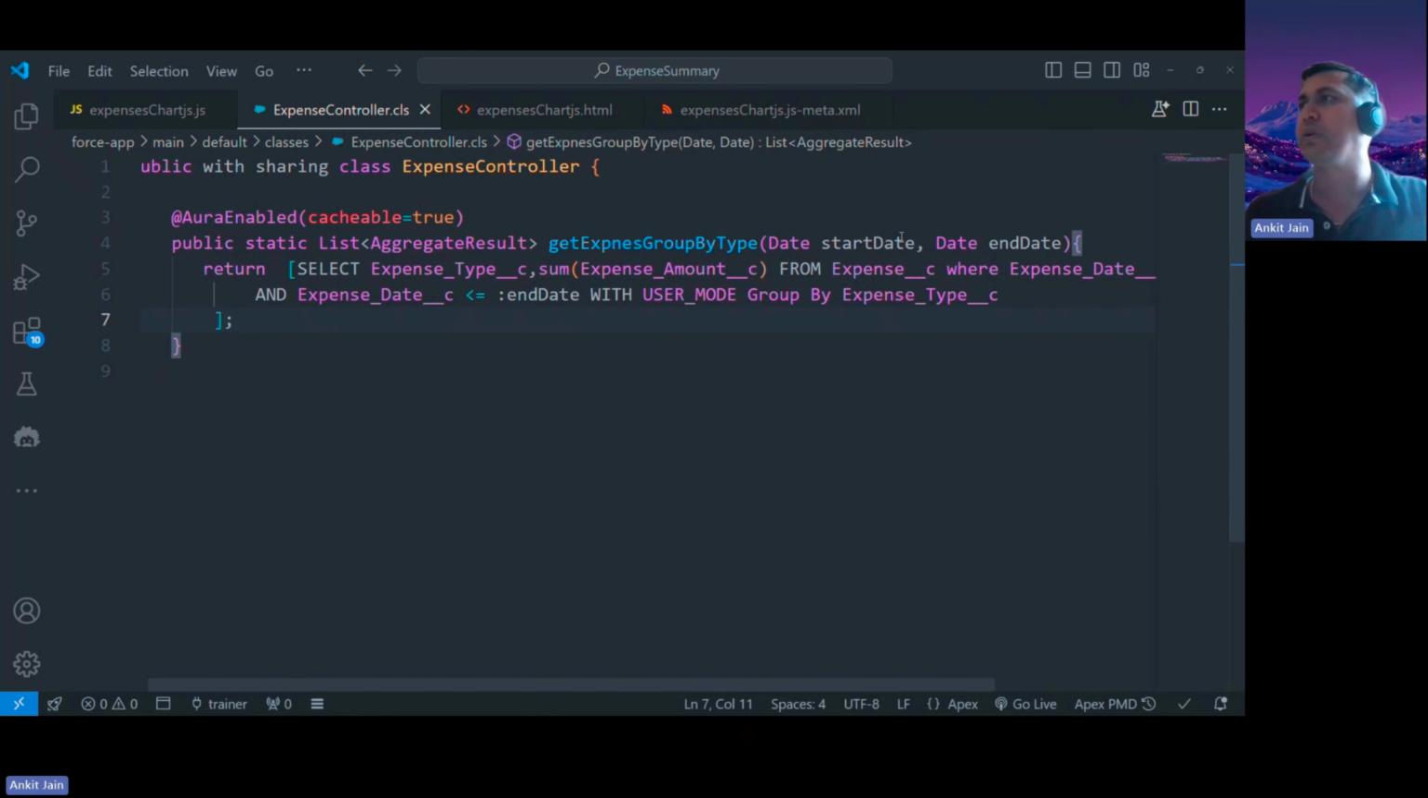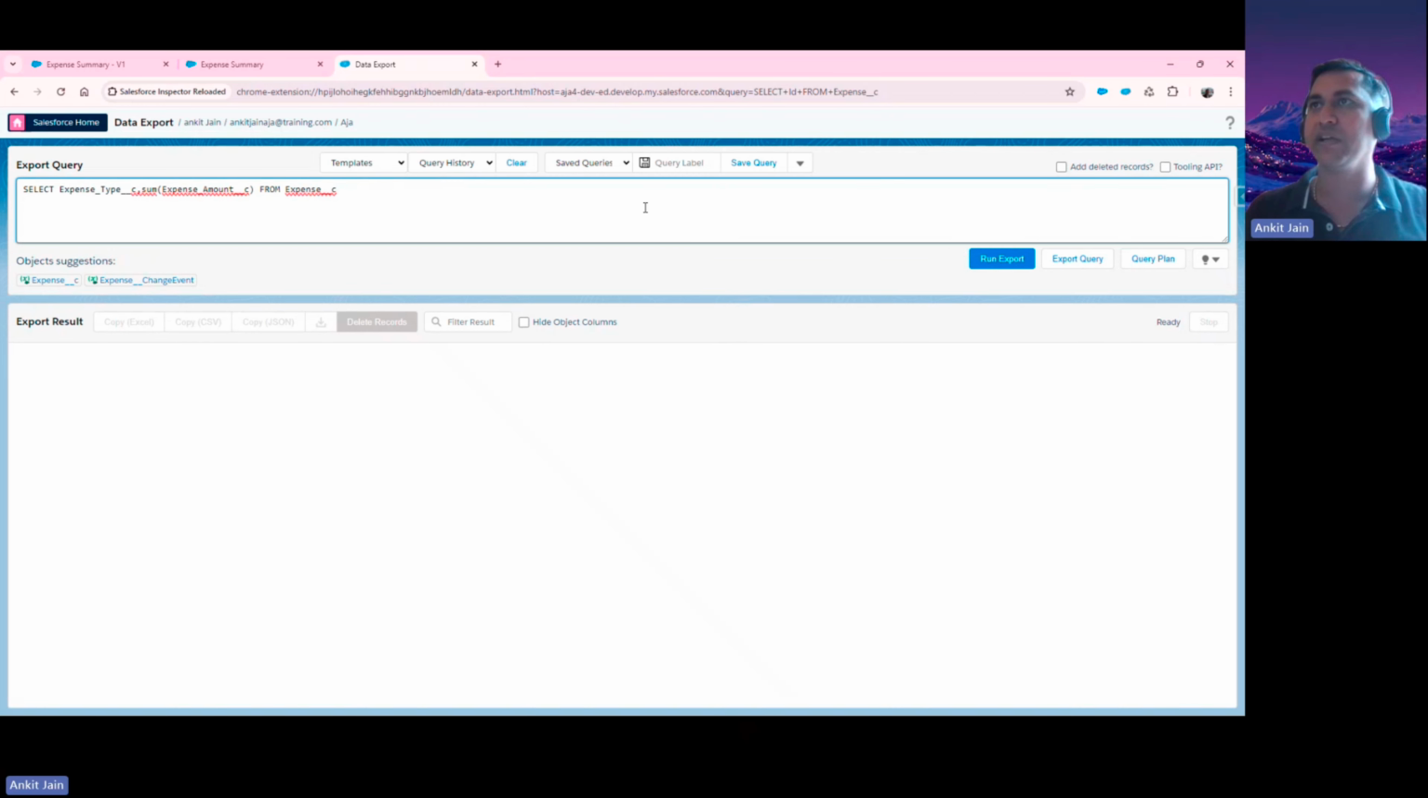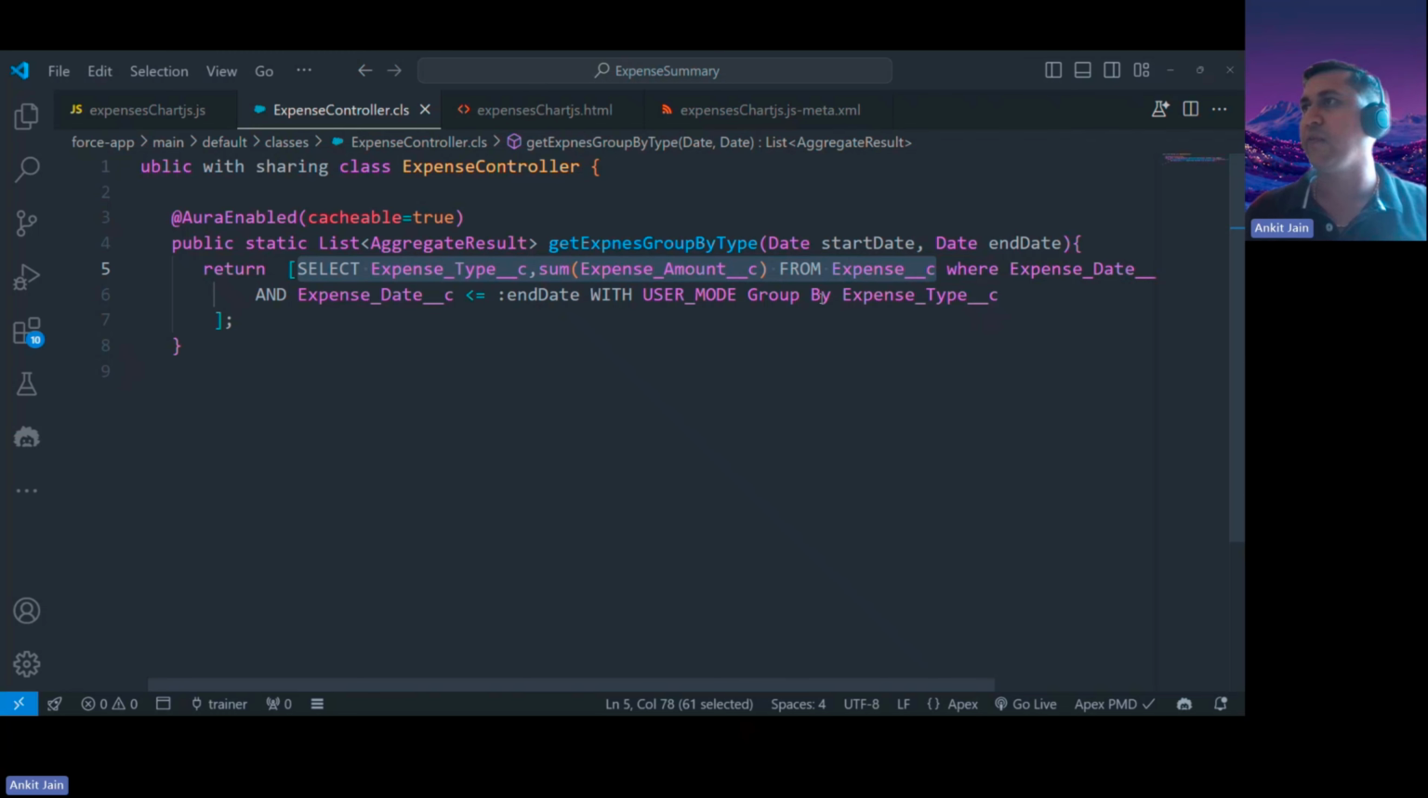So very simple query, which will be taking the start date and the end date as an input. And accordingly, I'll be building this query where I'm getting the expense type and the sum of expense amount. If I quickly show you the kind of data that I will be getting without even putting the filter criteria, so that you guys will get a glimpse of the kind of data that we will be getting. So here, let me put it